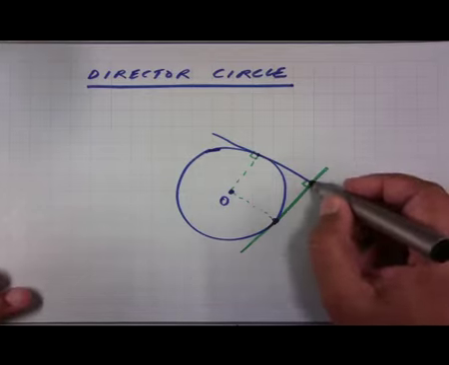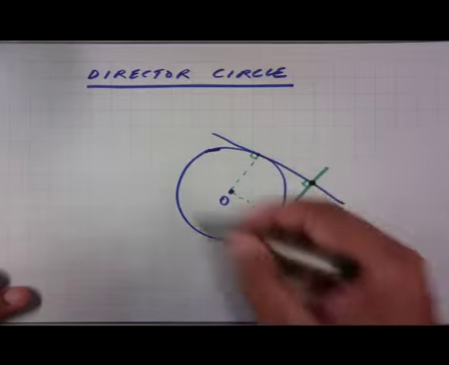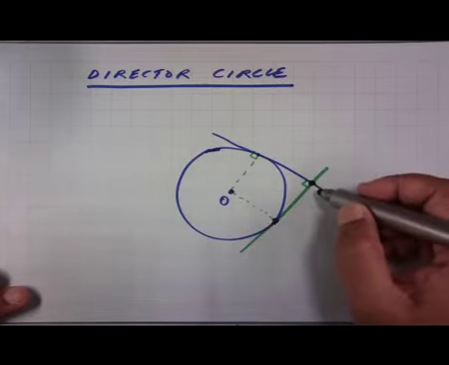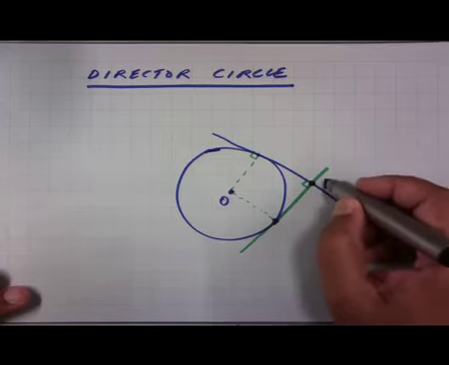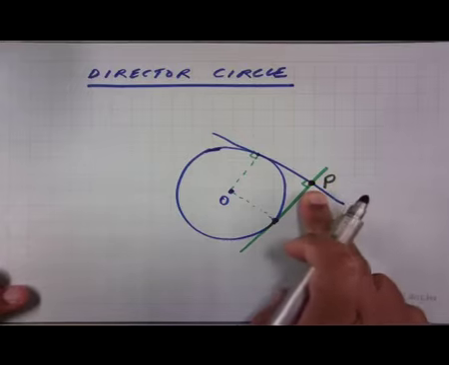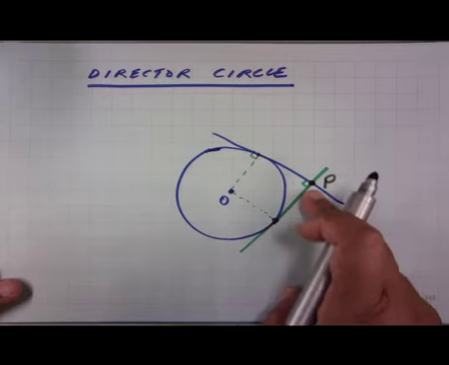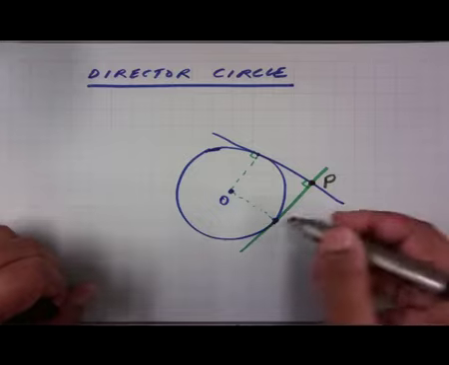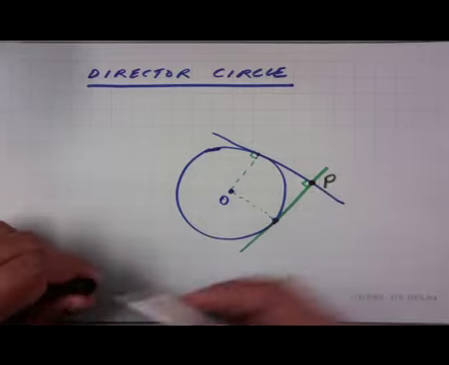So, this is the point of intersection of these two tangents to the same given circle, but the tangents should be meeting at 90 degrees, should be perpendicular to each other. Let this be point P. So, the locus of all such points, and we can check, is going to form a circle actually, because if we have any such point like this point P over here, then clearly